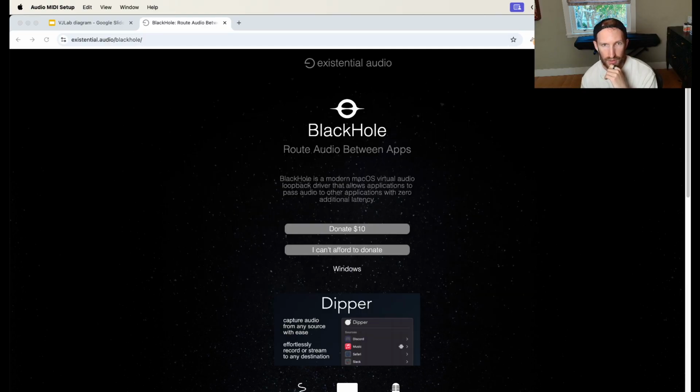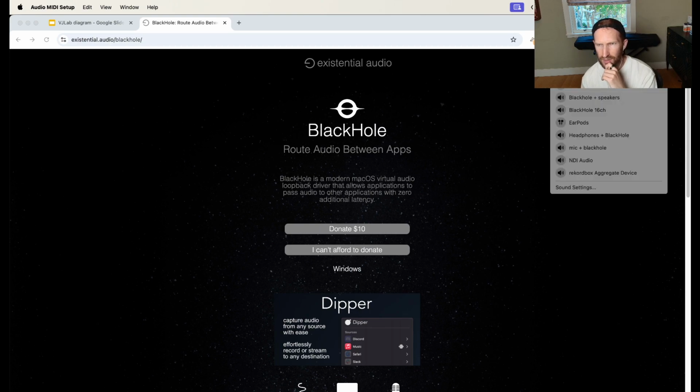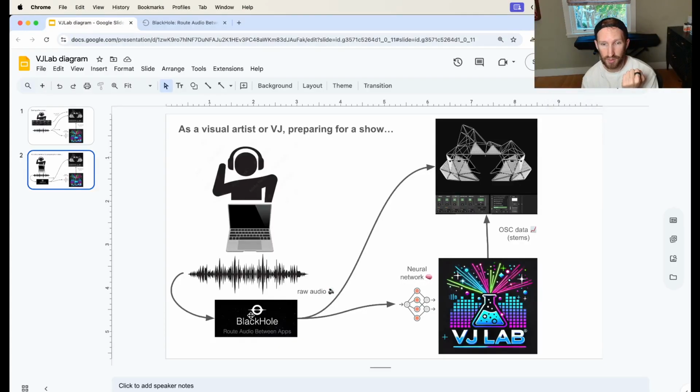So you can just go up to your sound, and once it's selected, that's where it'll be outputting. Again, what does this mean? This means our audio is going to Black Hole, but also to your headphones. I guess I should have another little arrow there. So now you can hear it, but also the neural net can hear it. Cool. So once we have the audio,